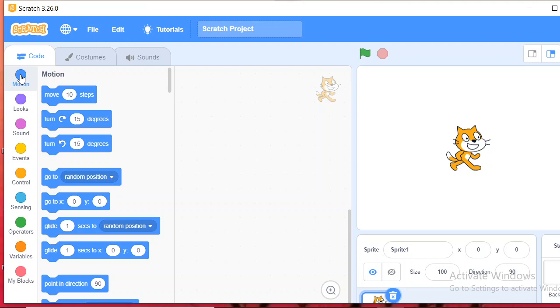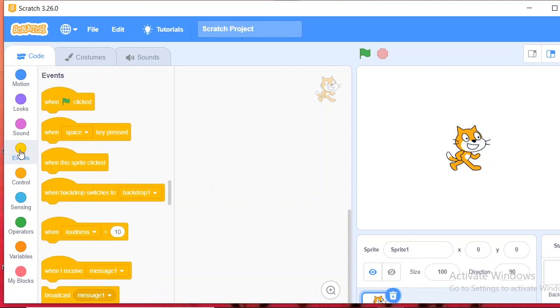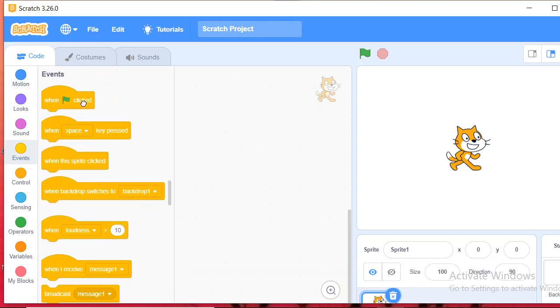Then next one is script area. Here we can drag and drop the commands. Script area is the place. For example, now I am clicking on event block, so when clicked I can drag it to that script area.